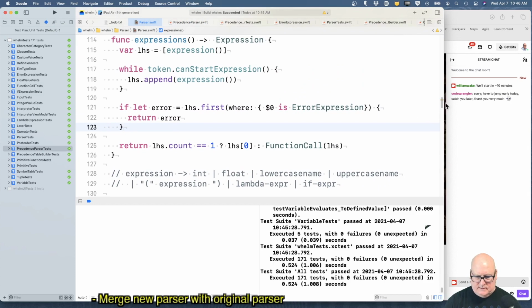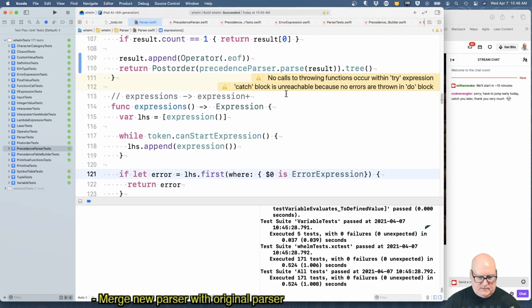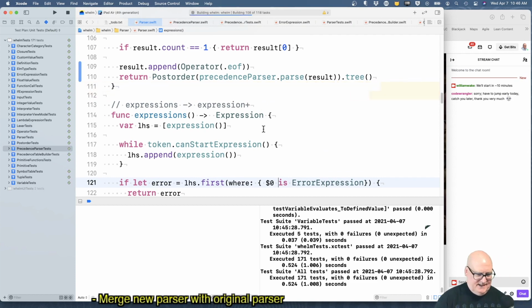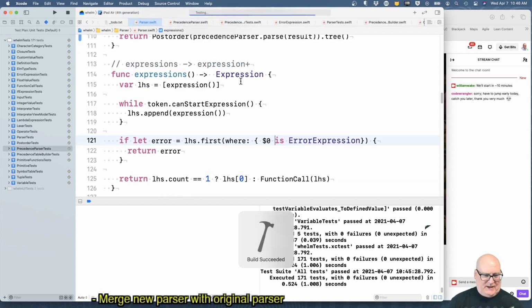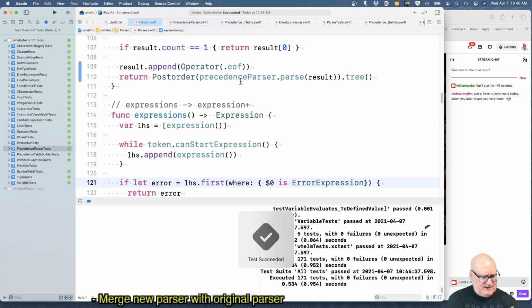What's the... No calls, throwing functions occur. Oh. Again, he's not quite awake. All right, so there may be some error message that no longer can come out, but no, I guess we're okay.